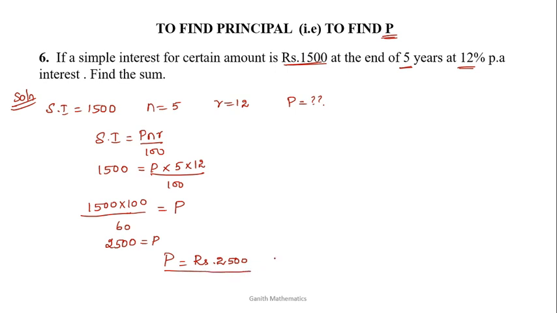Okay. So from the beginning we learned what is P, simple interest, and R, N, A. That means how much amount we are lending, how much amount you have to pay, and what is the interest amount you are going to pay, how many years, and what is the rate of interest. Everything you have learned, and in different situations, with different values, we have found by using the formulas of simple interest and amount. Okay. We'll see in the next session with compound interest.